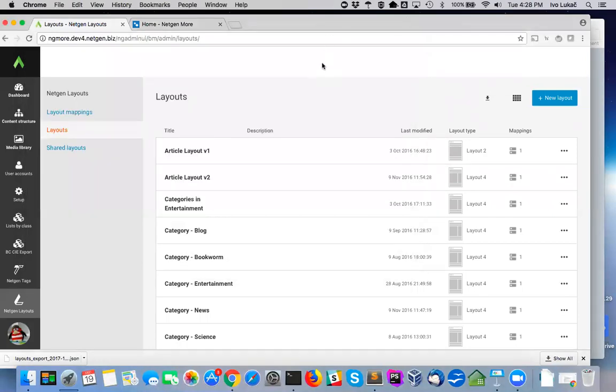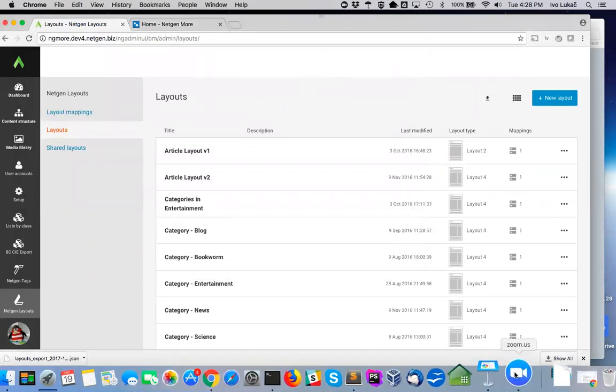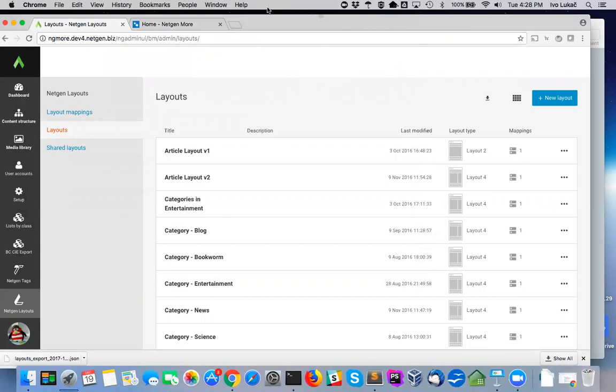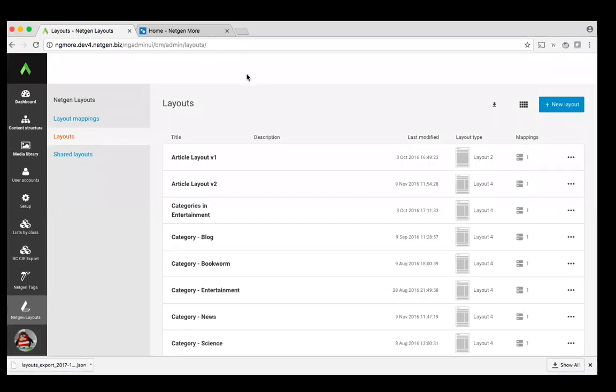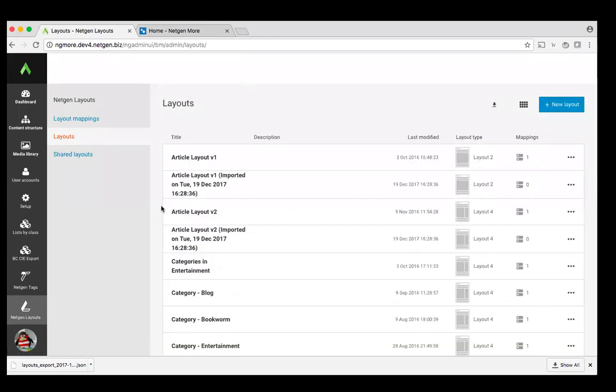Just a second, wrong sharing. Okay. So if I'm going back to the layouts, and if I refresh, I will see those two layouts imported, and that's basically it. And then I can start changing the mappings and whatever I need to do. So that was about